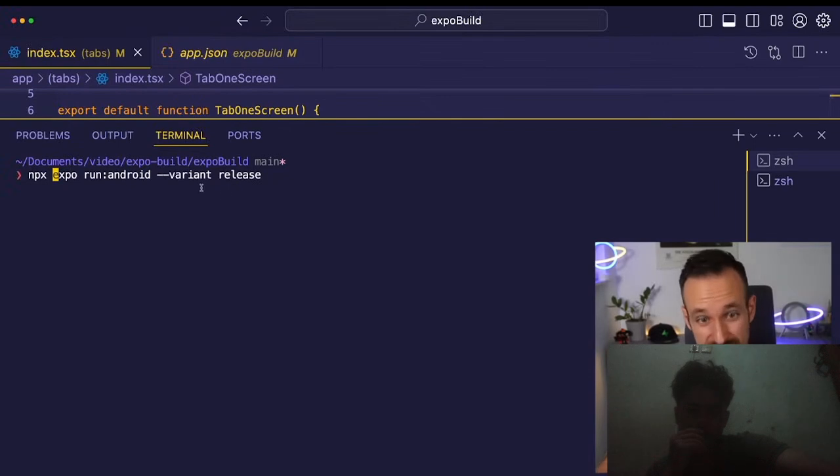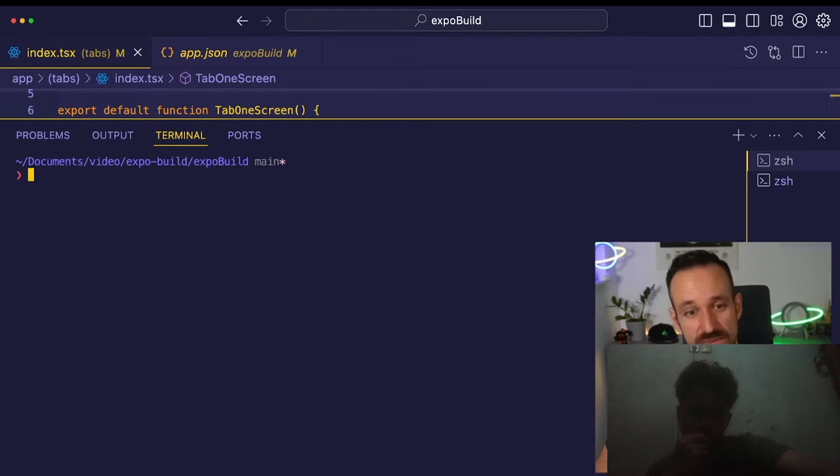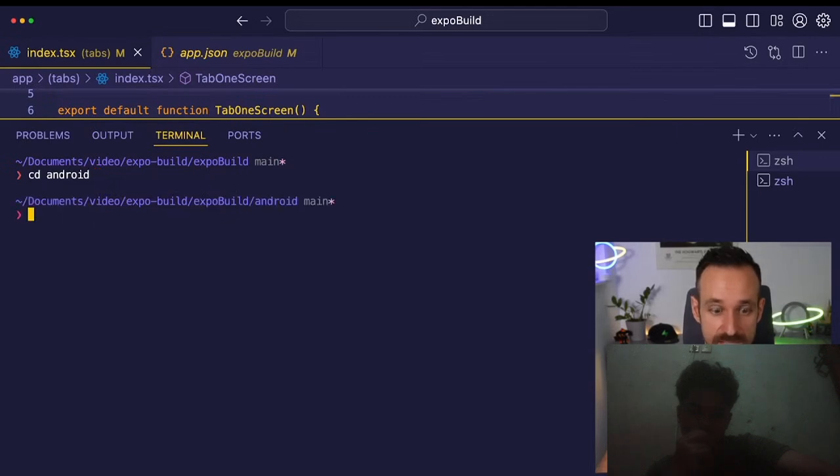Okay, so this is the way we could do the same things that we just did with Xcode and Android Studio straight through the Expo CLI. Finally, I just want to mention that if you like to do this stuff, you could also do something like cd android and then do